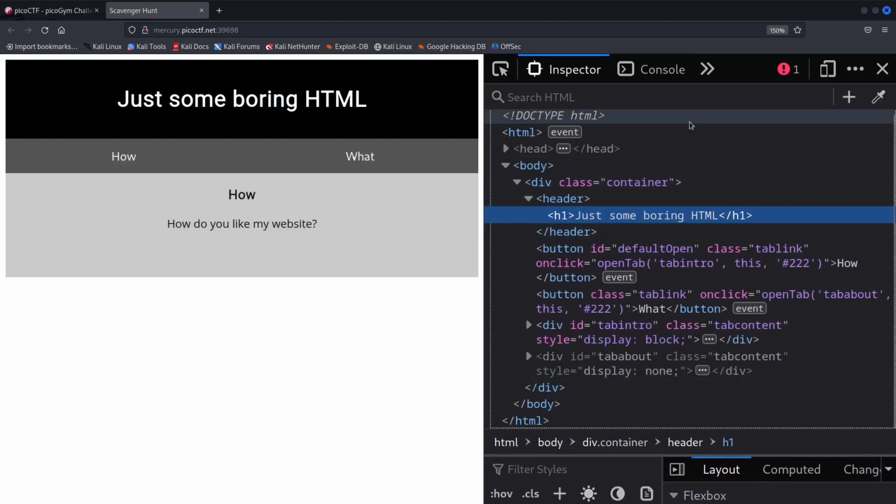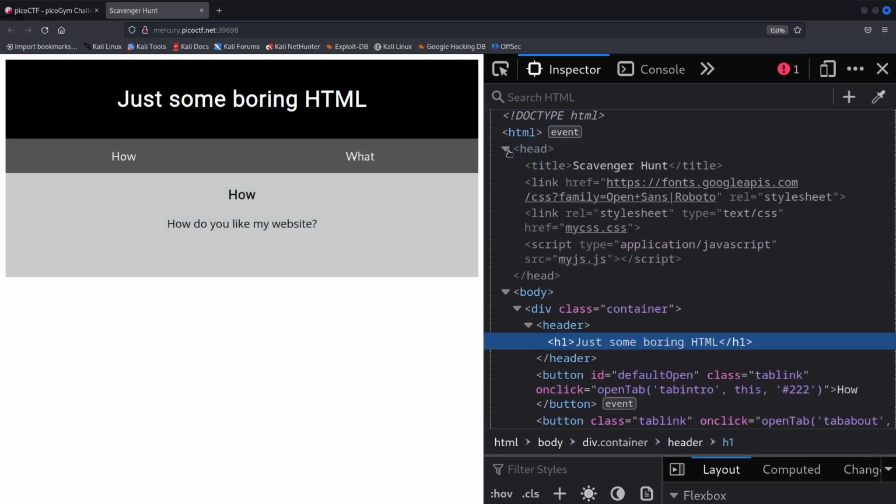Here we see the HTML page. Let's start by checking the head tag. We see that the title of the application is Scavenger Hunt. We load some fonts, and then we have links to a style sheet as well as to a JavaScript file.